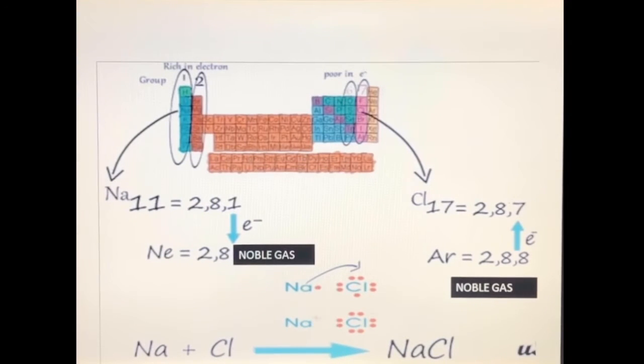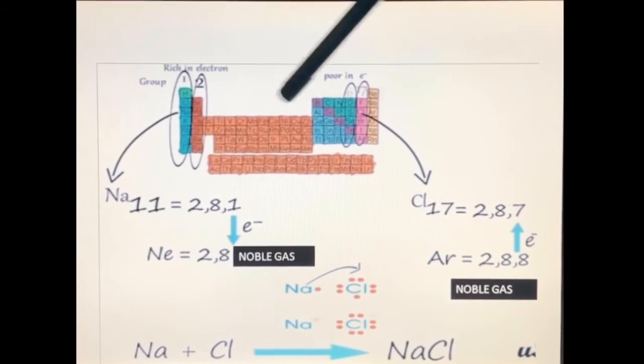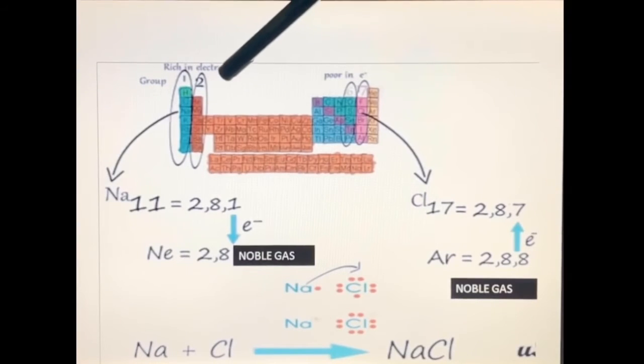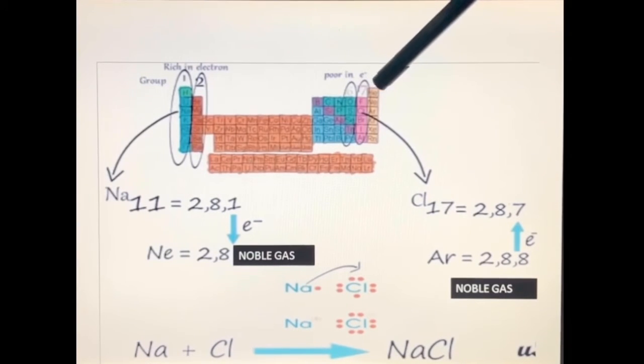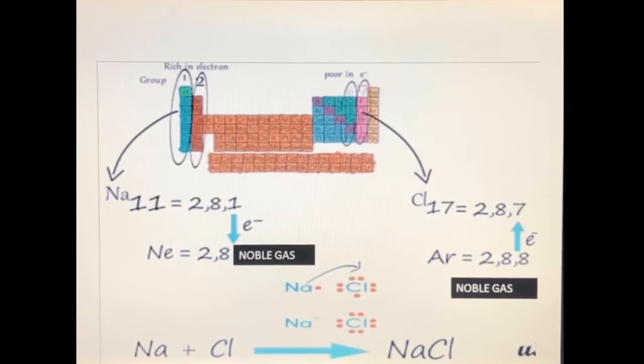By donating one electron, sodium atom becomes positively charged, and by gain of one electron by chlorine, so one electron is transferred by sodium to get stable configuration. Sodium becomes cation Na+, and one electron is accepted by chlorine to get noble gas configuration and become negatively charged